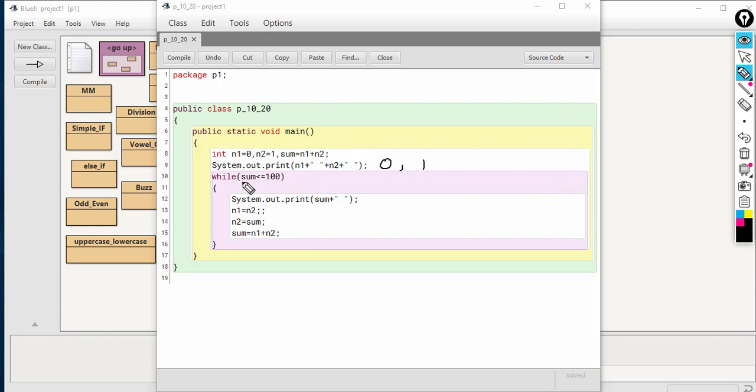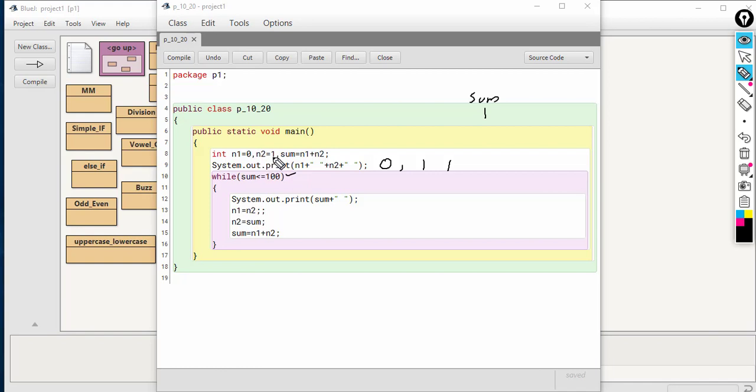Then executing the while loop, checking the condition sum less than or equal to 100. The initial value of sum is 1, so this condition becomes true for the first iteration. Then printing the current value of sum, which is 1. That has printed. Then we are changing the values of n1 and n2. The value of n2 will be copied to n1.